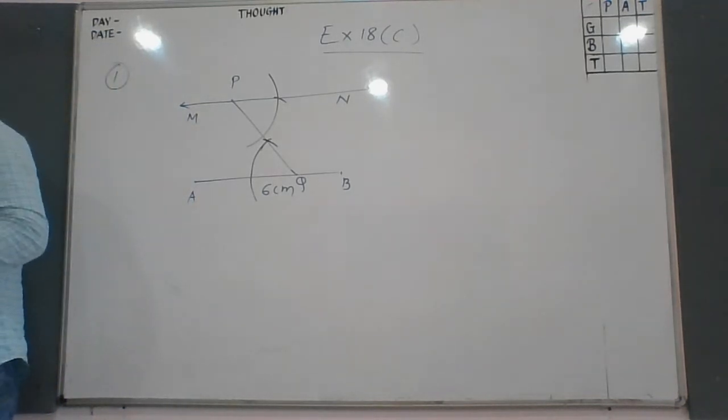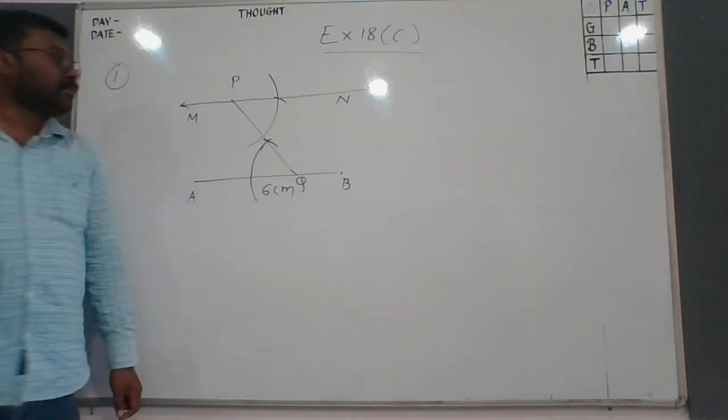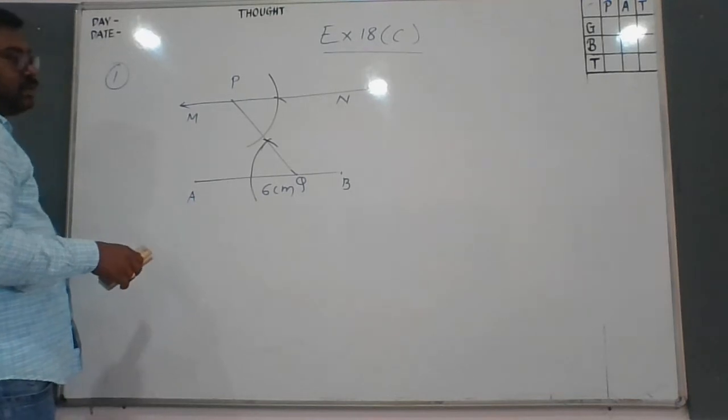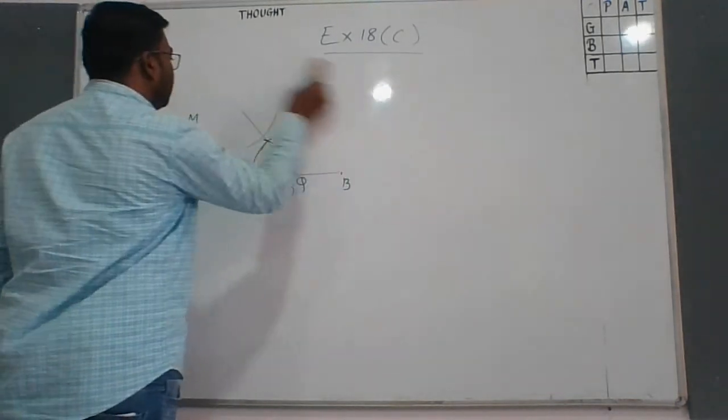Then question number 2 is here. Draw the line MN 5.8 centimeter. Locate a point A which is 4.5 centimeter from M and 5 centimeter from N. Through A, draw a line parallel to MN. Okay. So I hope all of you have understood this. Next, we are solving the question number 2.